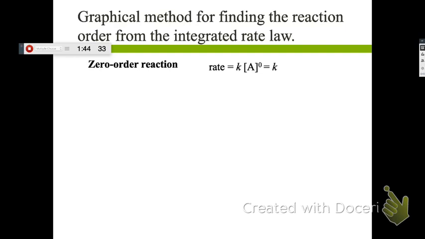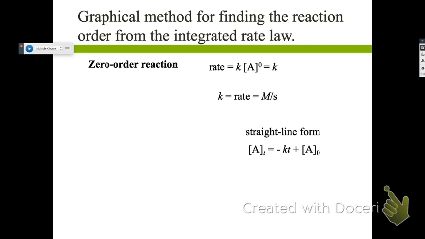All right? So for a zero order reaction like this, we have our differentiated rate law, which means that the rate is really just equal to K. There's no dependence whatsoever on the concentration. And so the straight line form of that is, not too surprisingly,